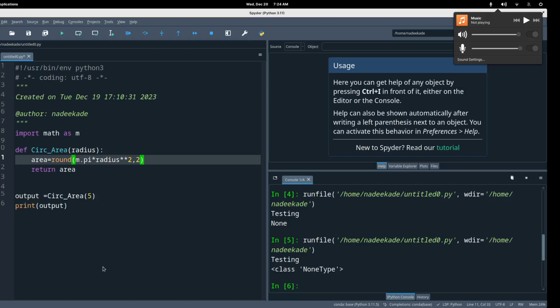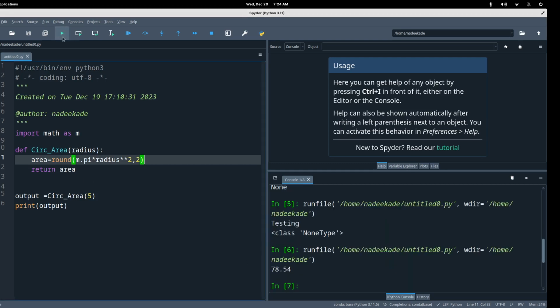Okay, in the previous video we observed that the print function returns a null value. When a function doesn't return anything, Python considers it to return a null value. So we know that our area function returns 78.54. So here,